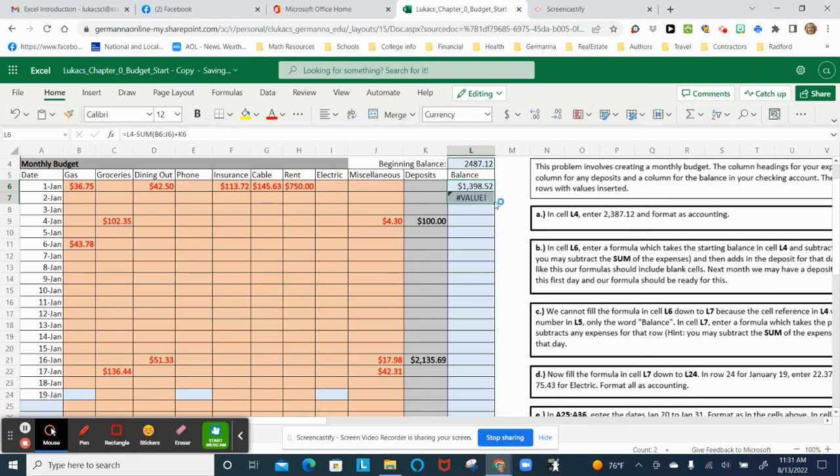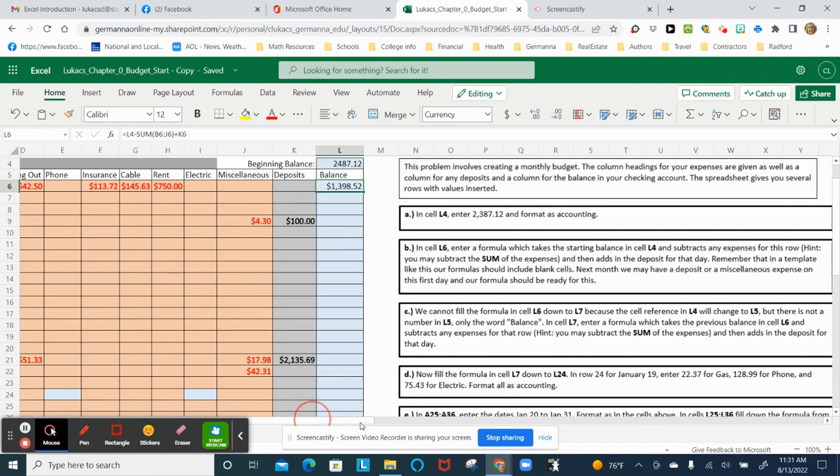We can't do that. And the reason for that, I just Control Z'd to undo that. The reason we can't do that is because when it drags this formula down, it's not referring to this cell anymore. It's referring to this cell. And that doesn't make any sense because that's the word balance. There's nothing to subtract or add. So what they're asking us for in step C,